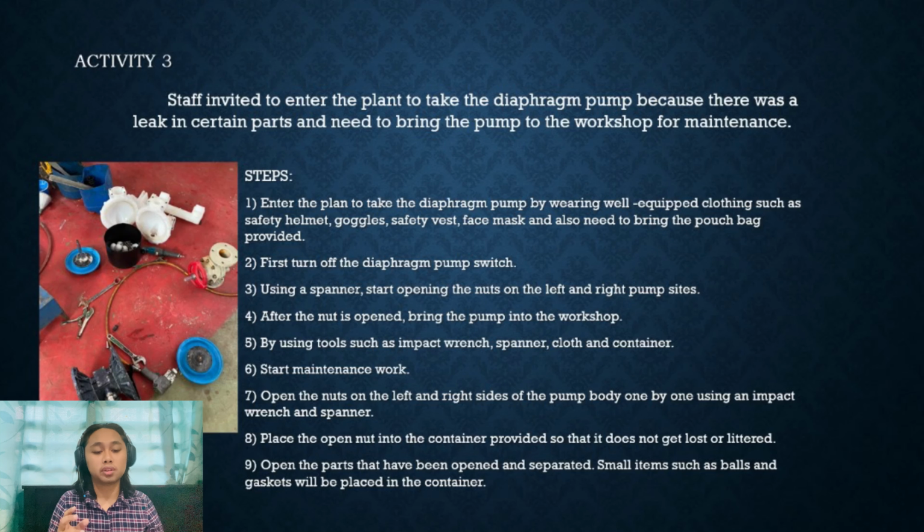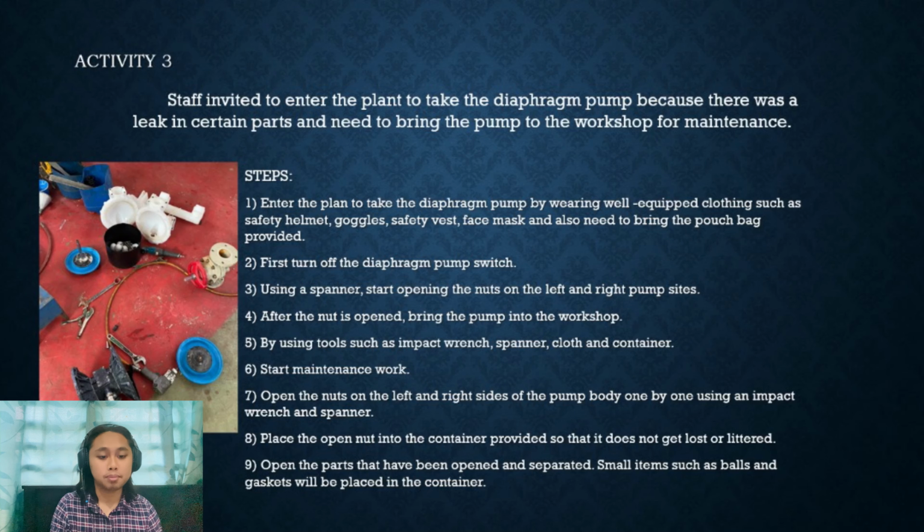First, we need to turn off the diaphragm pump switch. So, use a spanner to start opening the nuts on the left and right pump side. After that, we need to bring the pump to the workshop. So next, by using tools such as impact wrench, spanner, cloth and container,